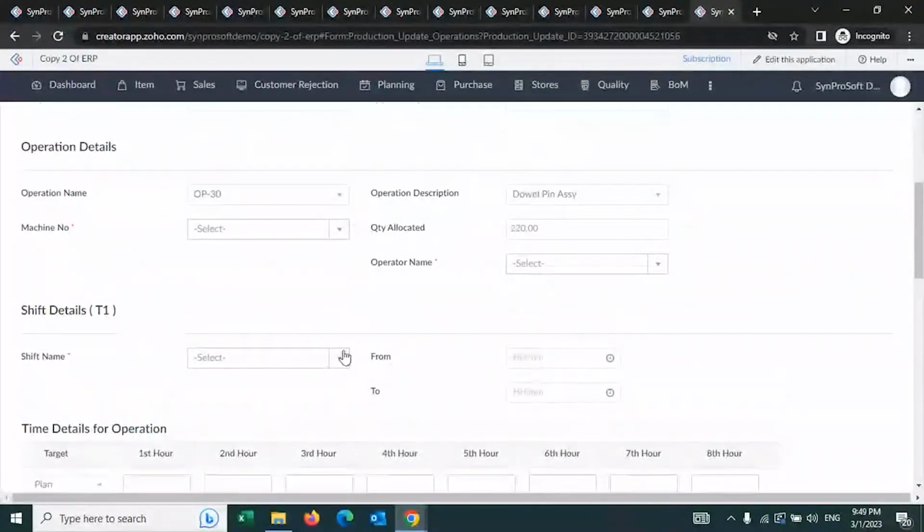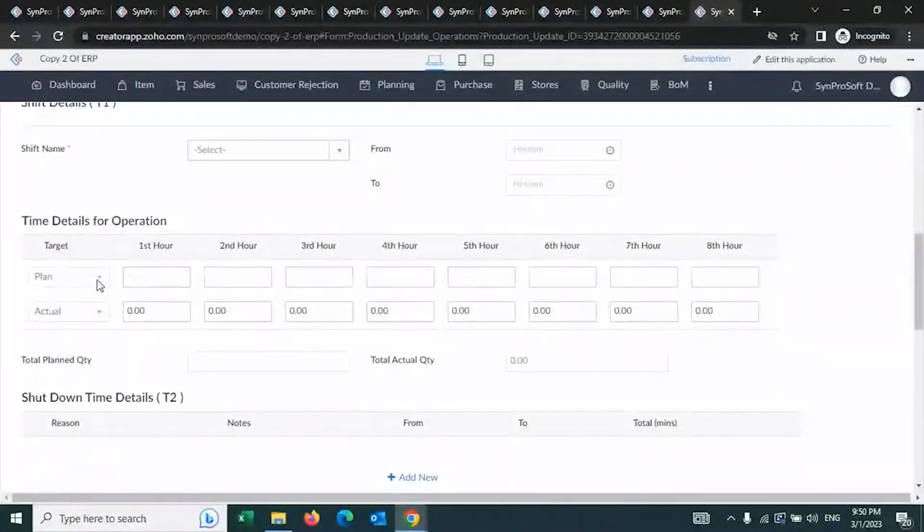As you can see here, this is the operation currently which is in. So if there are 5 operations for a product, and for a work order, the item is still in stage 1, operation 1, the system will only show that operation. Depending on the dependency that is created, the system will only show the relevant operation here. So you can define what was the plan for each hour. If you have created a plan, that will come automatically. What is the actual? This is what the production team will update on an hourly basis.